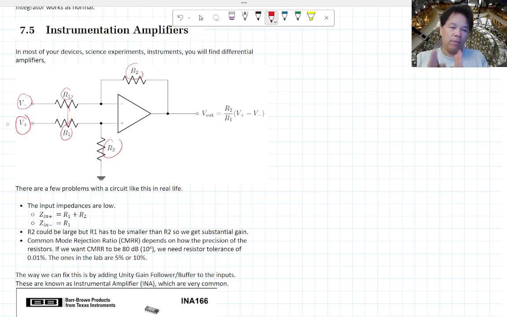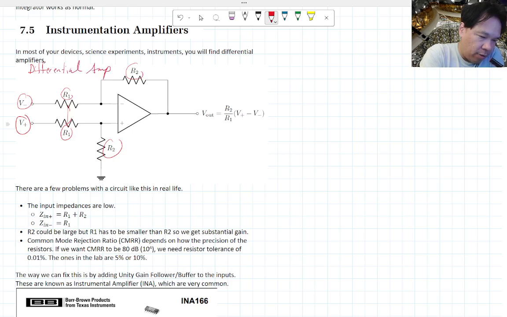Because if they have different gain, then one side is going to pull it very negative, or one side is going to pull it very positive. Another problem with just having this differential amplifier, let's label this just a differential amplifier, because this is not an instrumentation amplifier yet,